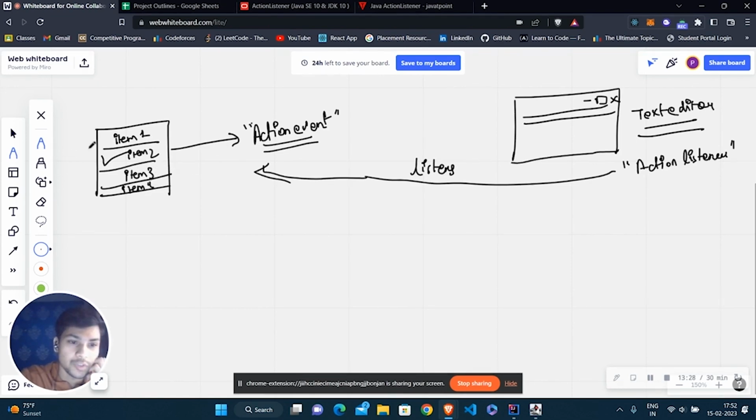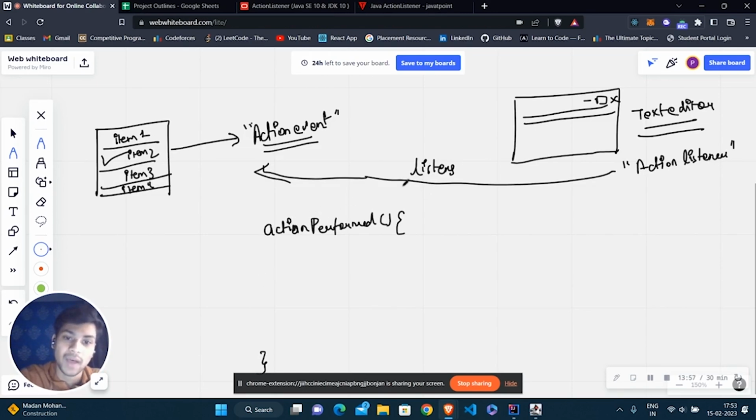Suppose we have clicked on item 2 and it has generated an action event. The action listener was listening to this action event. Now in the actionPerformed method, we have specified what function we need to perform when an action event is generated.